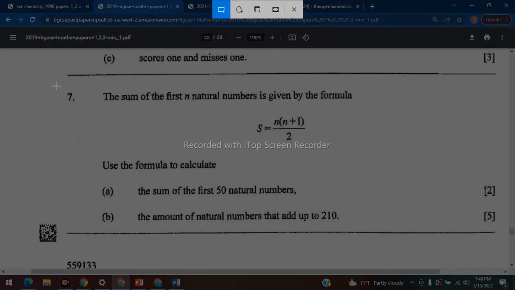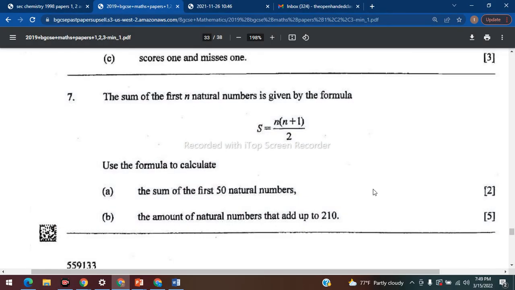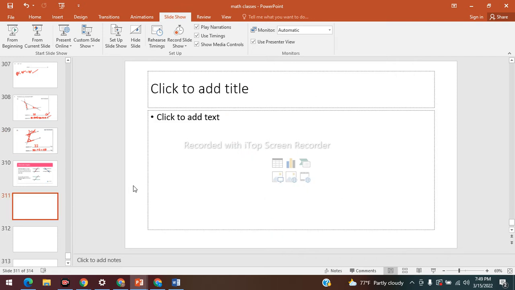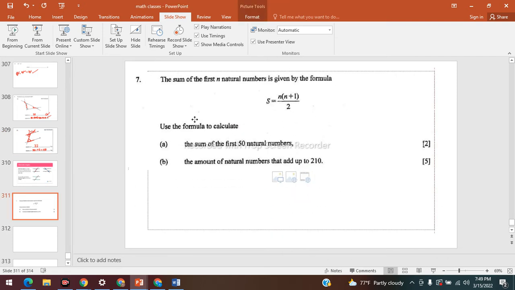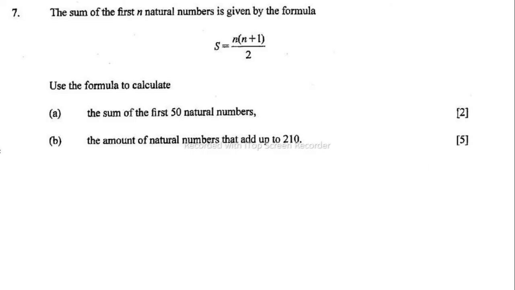For those who are doing BGCSE, this is paper 3, 2019, question number 7. Okay, so let's see how this one goes. The sum of the first n natural numbers is given by the formula. So this is the formula for the natural numbers. This is very important. This is a very neat formula, right? The formula basically is saying that